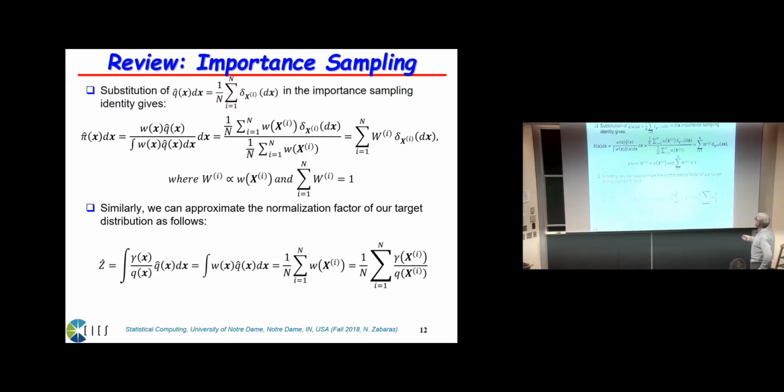All right? And we can actually compute the normalization factor of the distribution pi quite easily. This is an extremely powerful formula. Remember, the normalization factor is the integral of gamma dx. So what I do is I divide by Q and multiply by Q. These are the weights. And now for Q hat, I use the Monte Carlo approximation of Q. So immediately you can see that the normalizing factor is 1 over n times the summation